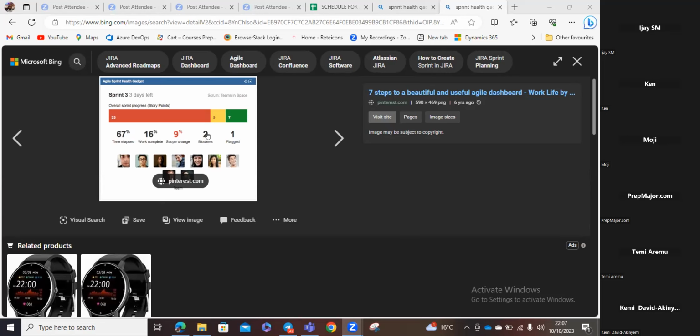Now, they're telling you that they have just 2 blockers so far from the number of stories they put in. And then they flagged one of their stories. That flagging can mean different things. Either they flagged it for a spike, they flagged it for anything. I don't know what they would have flagged it for. Then, of course, these are the faces of their team members. Here it just tells you the number of people working on this, they are a 9-man squad, which is a very healthy, agile team. So this is just the interpretation of what she has told you about scope creep.